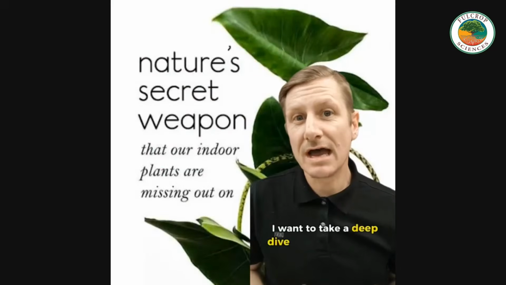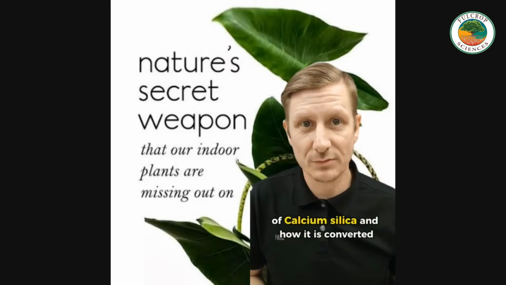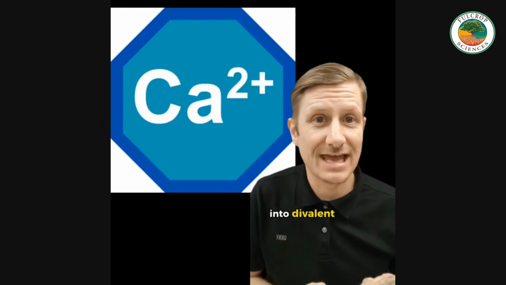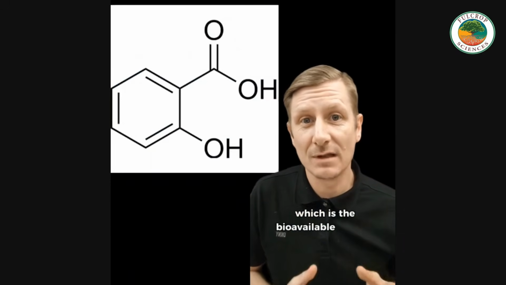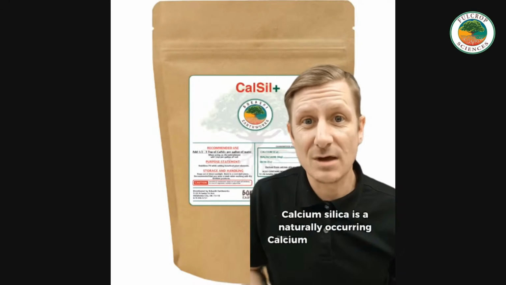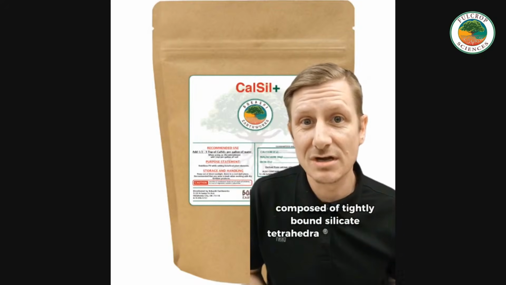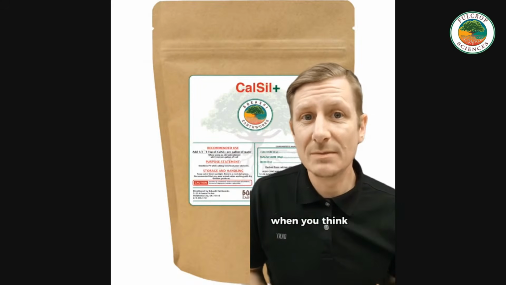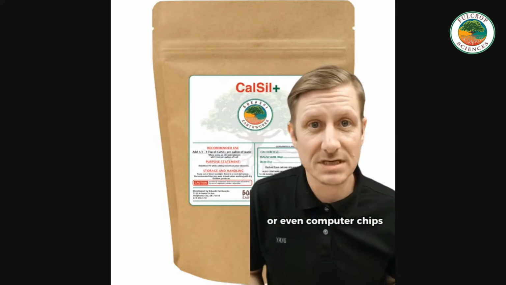I want to take a deep dive into the chemistry and biochemistry of calcium silica and how it is converted through environmental weathering and microbial metabolism into divalent calcium ions and orthosilicic acid, which is the bioavailable form of silicon for plants. Calcium silica is a naturally occurring calcium silicate mineral composed of tightly bound silicate tetrahedra and calcium cations within a crystalline lattice. When you think about silicon, most people imagine sand, glass, or even computer chips, not plant